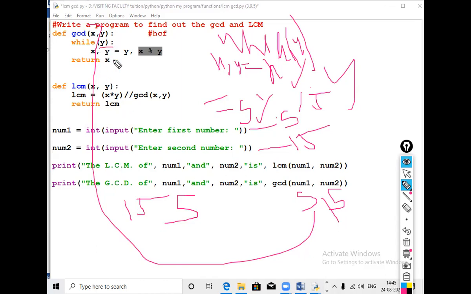Now the thing is that again x, y equals to, तो x की वैल्यू, y की वैल्यू 5 है तो x की 5 हो जाएगी, तो ये x की 5 हो गई। और x mod y 15 mod 5 मतलब 0। तो इसकी वैल्यू y में आ गई, तो y की वैल्यू जो 15 थी, अब वो 5 हो गई, और जो x mod y की वैल्यू है वो इसमें आ गई। तो अब रिटर्न क्या हुआ, while y, अब y की वैल्यू 0 हो जाएगी तो रिटर्न x मतलब 5, तो पहले का 5 आंसर आएगा।